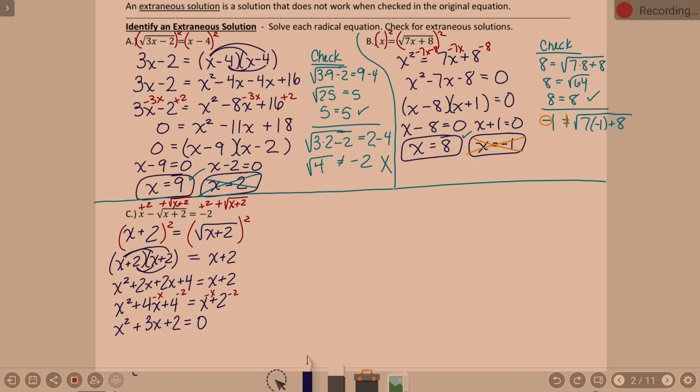X squared plus 3x plus 2 will factor: x and x. Multiplying to be 2 is 2 and 1 that also add to be 3. So x plus 2 and x plus 1. And now we're going to set each of them equal to 0. And we get answers of